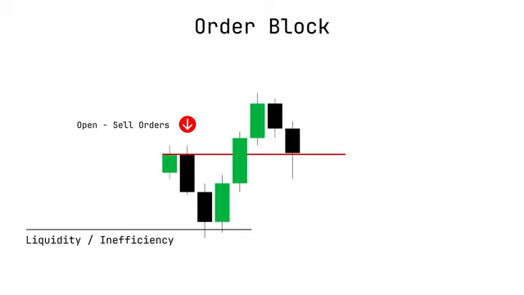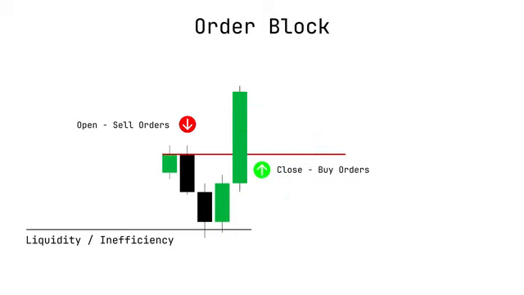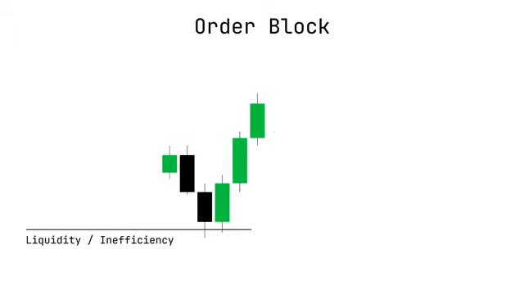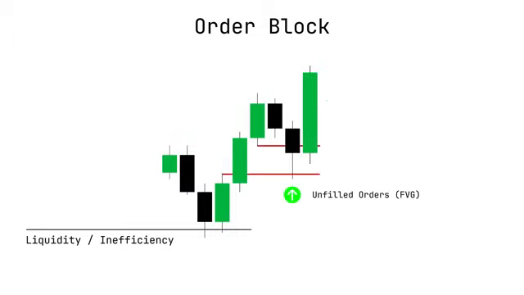When the price tests roughly the first half of the order block, short positions are closed through buy orders, creating buy volume that pushes the price up. This can also happen at the moment of breaking the resistance or support level, provoking an even larger impulse. The second reason an order block might react is the same unfilled orders after testing and the surge of liquidity